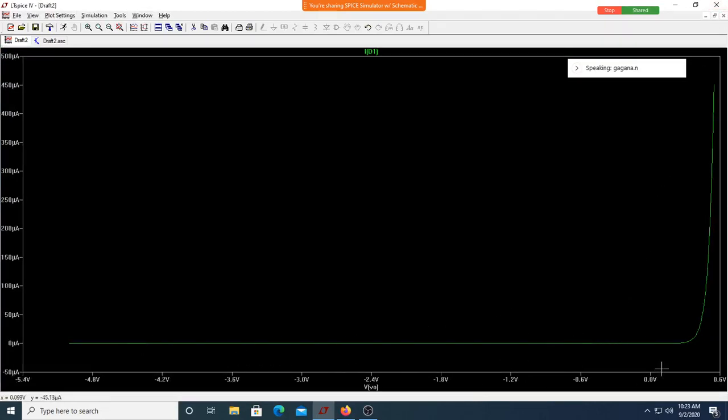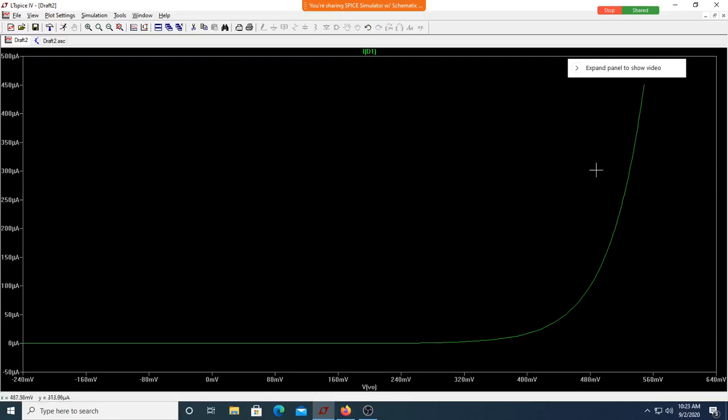Yes, sir. Now, when the voltage is negative, current is 0. Is it perfect? Yes, sir. Once the voltage exceeds around 0.5 or 0.56, can you see this is increasing exponentially? Yes, sir. Now what you can do is expand only this portion to have a better clarity. Now, you can see this is how it looks.